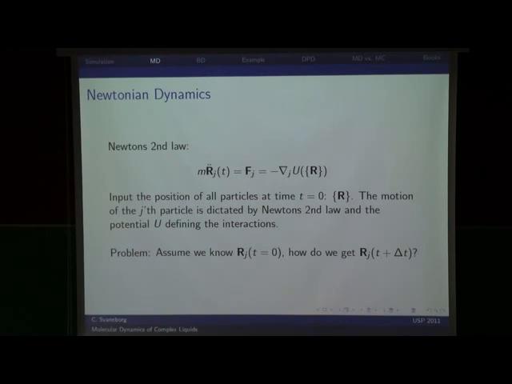And this is the basic idea of molecular dynamics. It's relatively not even deeper than that. So the point is, we input the position of all particles at t equals 0, then we can use this equation of motion when we know the potential to calculate the position of all particles at other times. The problem: we assume that we know the initial position of everything, and the potential. How do we get the position at a later time? This is the fundamental problem of